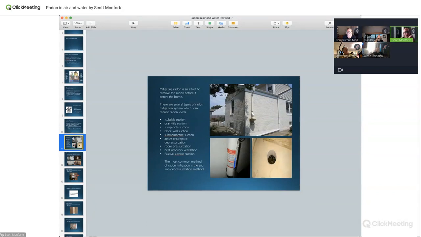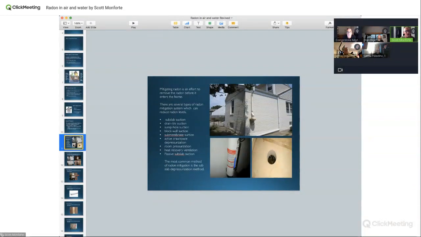When people say to me, well, I'd like to do an HRV, a heat recovery ventilator, that's going back to Jim's question about opening the windows. Basically, an HRV brings in fresh air. The problem with HRVs is it only reduces by half. So if the levels are 10, you may only get a 5 or a 6. If the levels are 20, you may only get a 10. And then you have to change the filter, and it could be cold air. The best method is sub-slab and sub-membrane.